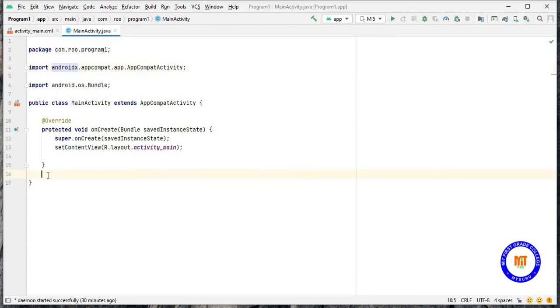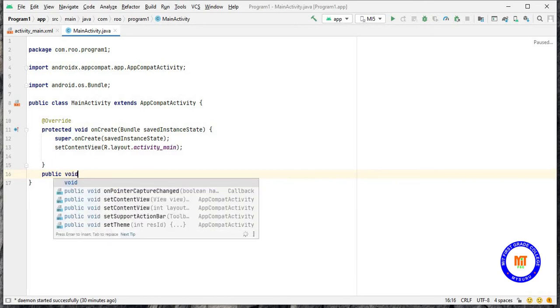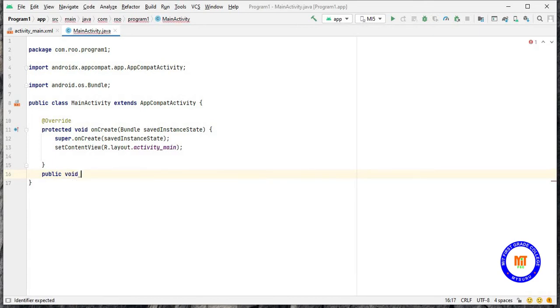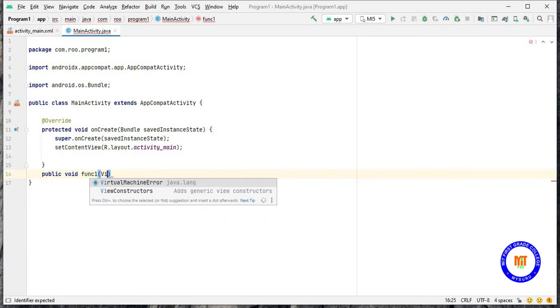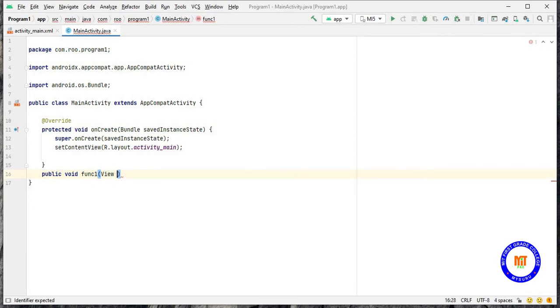In this I'll be writing the function, that is public void. My function name is function1. Here I will be giving View view.